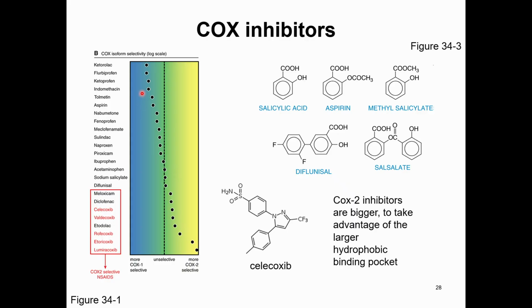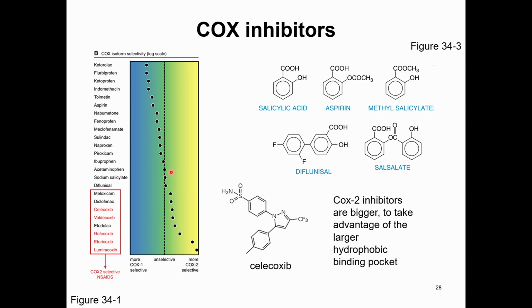How would you measure all of these different selectivities? Well, once again, it would be with a KD or a KI, like we've been talking about. It has to do with how tightly it binds to its target, right? So ketorolac up here has a much higher affinity for COX-1 than it does for COX-2, whereas this one, I don't even know how to say that, lumiracoxib, has more selectivity for COX-2 as opposed to COX-1. And then some are in the middle.